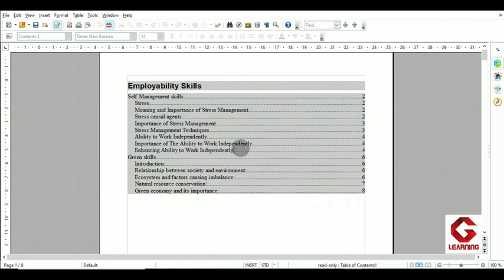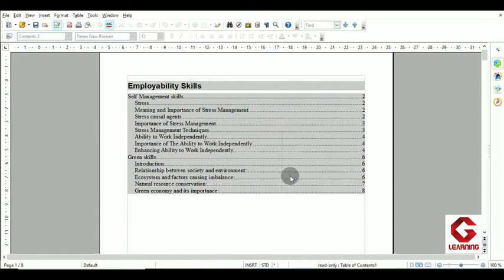Now one more thing I am going to show you. This time I want to make some changes in the stress management text, so I have selected it, and thereafter, as I want to remove it, I am pressing the Backspace key of the keyboard, but I am not able to remove it. Why? That I am going to show you now.